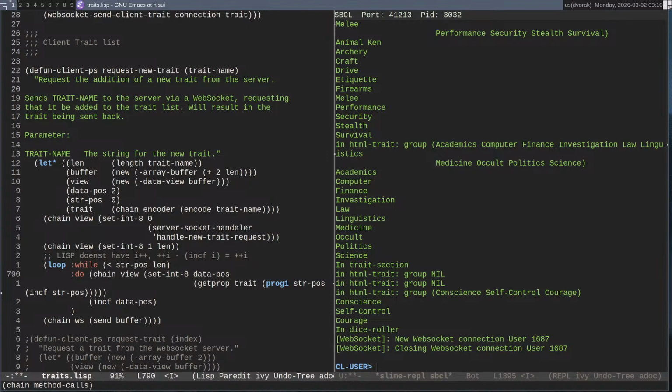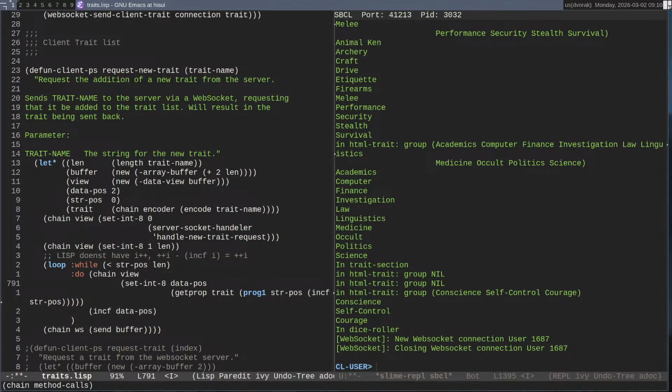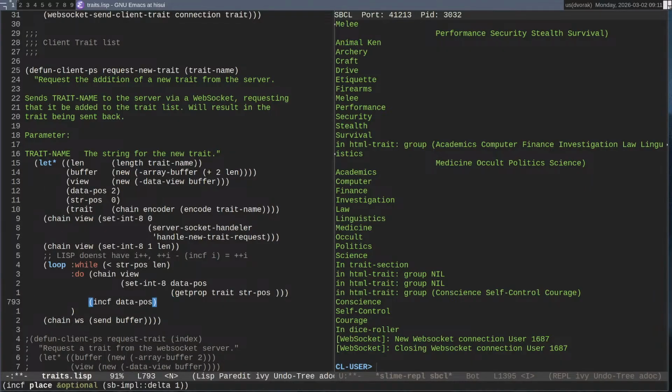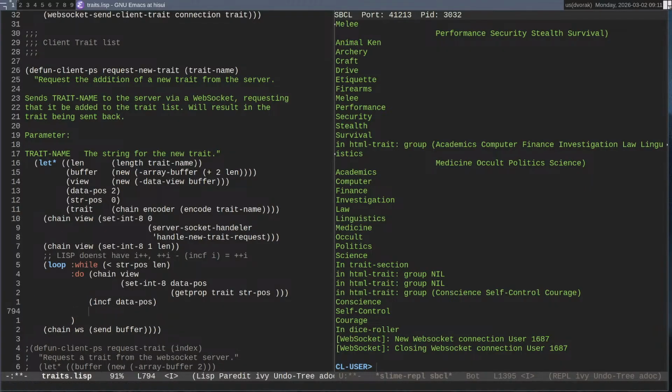And I might want to do this to make it a little bit more readable. And then the trait, we're setting it to the character from trait that we want. And we're going to grab this here and run that.